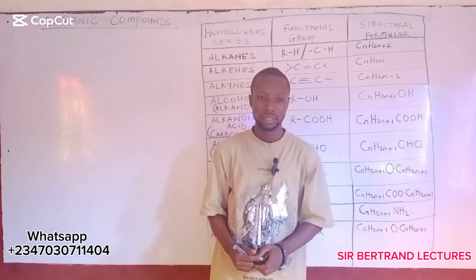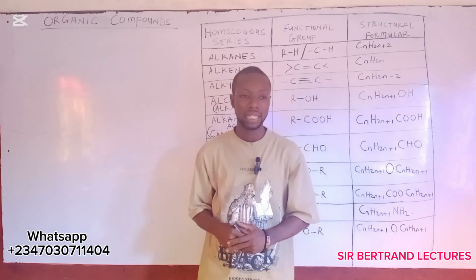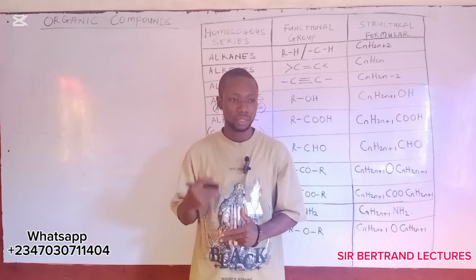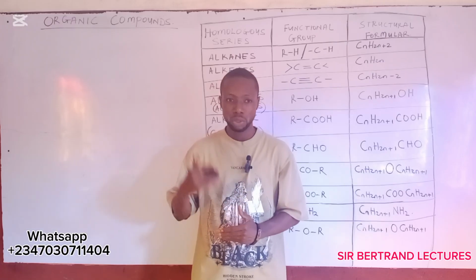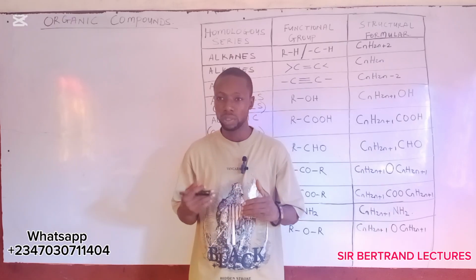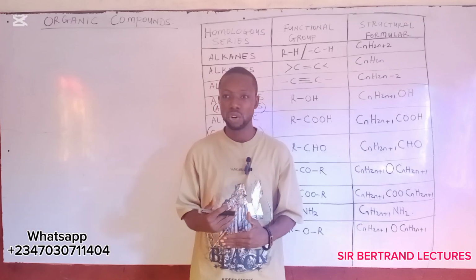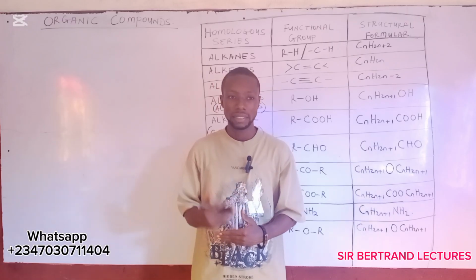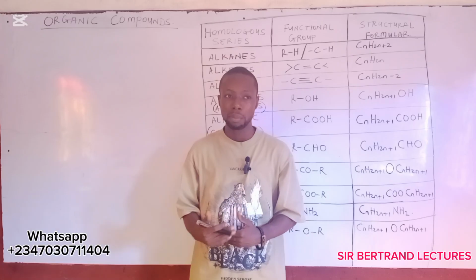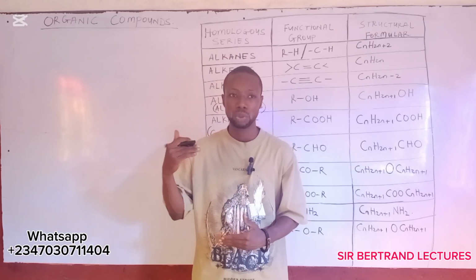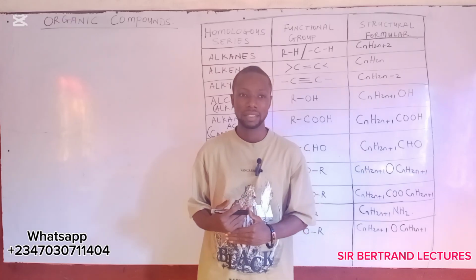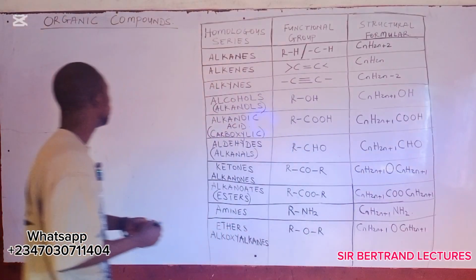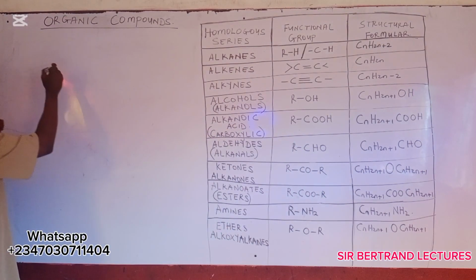We are going to look at organic compounds in chemistry. What is an organic compound? Organic compounds are those compounds which contain carbon occurring naturally, except oxides of carbon and trioxocarbonate, which are assumed to be inorganic. Okay, now this organic compound